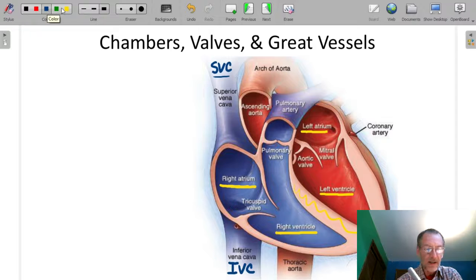And the blood returns to the heart through the venae cavae, which is plural for vena cava. And let's go to a different color that shows up a little bit better. So this is just blood returning to the right side of the heart, the right atrium. It's referred to as the venous return, the venous blood returning back to the heart to go through the pump through the heart and the lungs again